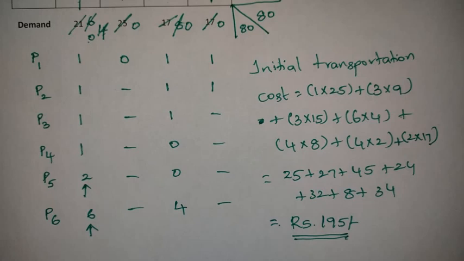So what is the best method we can say for getting the initial solution? That is either Vogel's approximation method or the least cost cell method. But if you compare these two by solving a number of problems, then the best method to solve the transportation problem for getting the initial solution is Vogel's approximation method. If we use that method, then we will get the least cost of transportation. So this is a very important one for your examinations also.